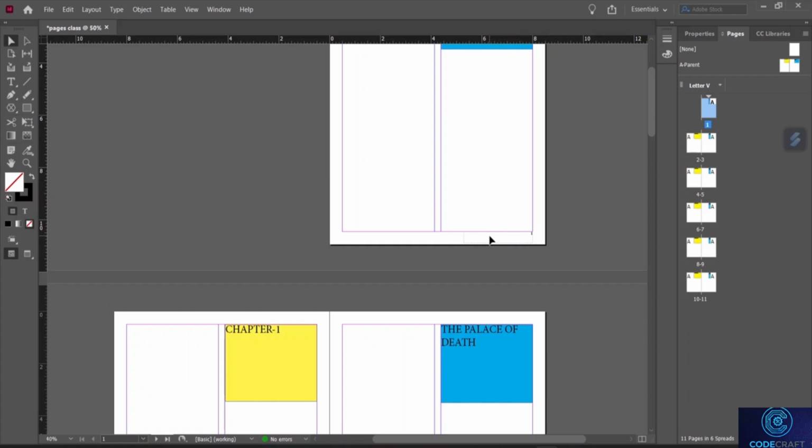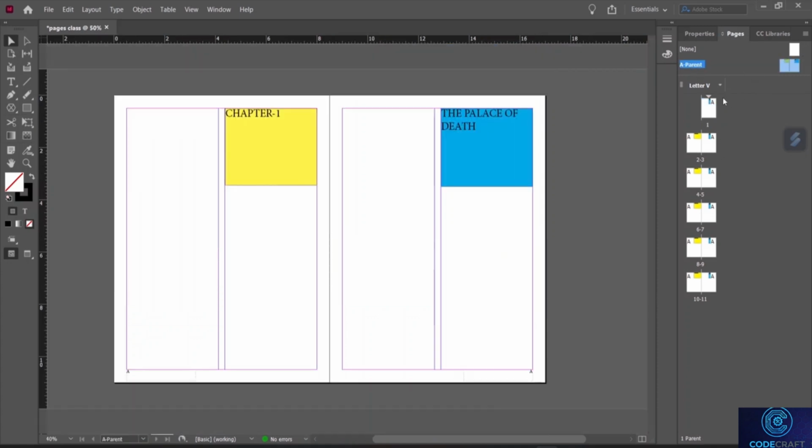Suppose I want to write page number dash 1. In that case, again, I'll go to the parent page and from the parent page, I'll come here. I'll select my type tool here and I will just type page number